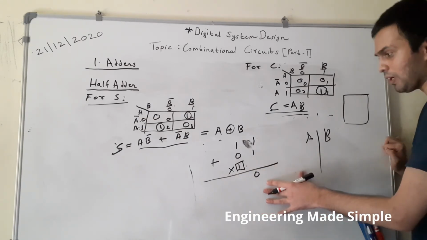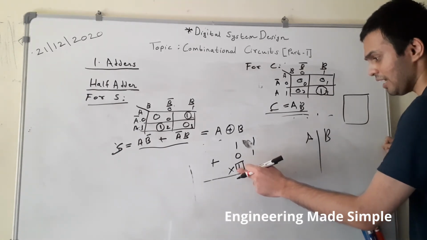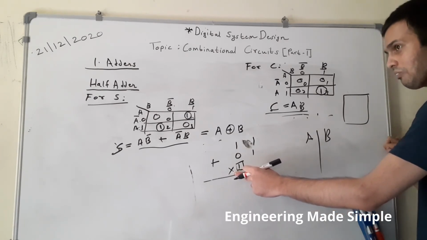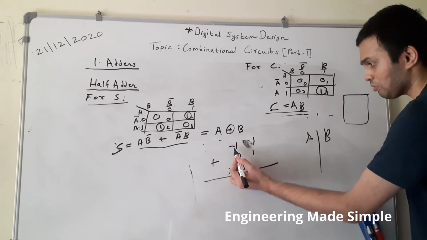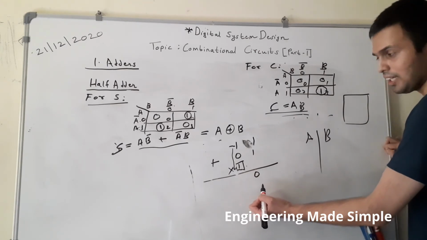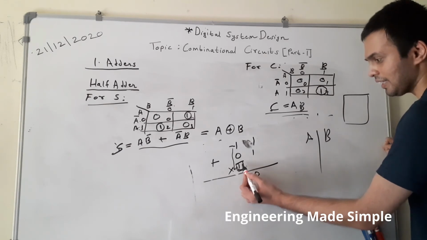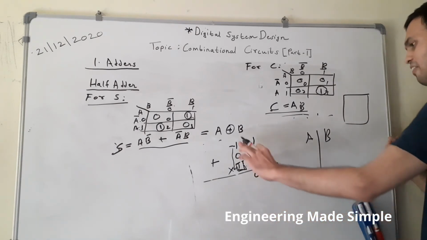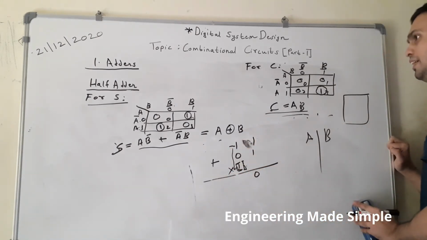Now to overcome this drawback, because we can't add the carry generated from the LSB over here, we developed the full adder circuit. And what is a full adder circuit? A full adder circuit is used to add 3 single bits, so it will have 3 inputs. That's the reason it is known as a full adder, because it takes into consideration the carry generated from the LSB also. It is able to add 3 bits at a time, and a half adder is able to add only 2 bits at a time. So to overcome this drawback, let us study the full adder circuit.